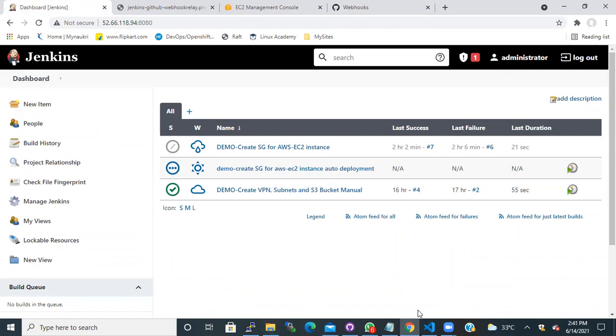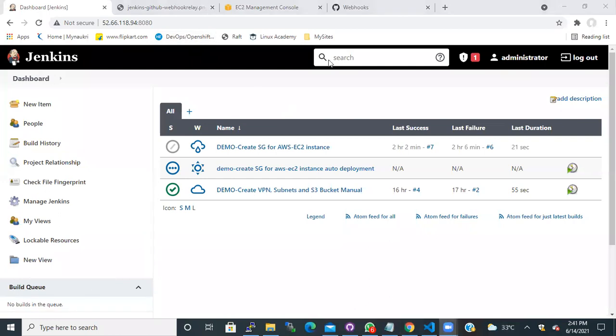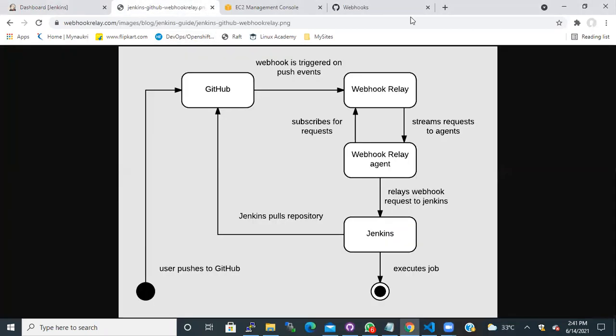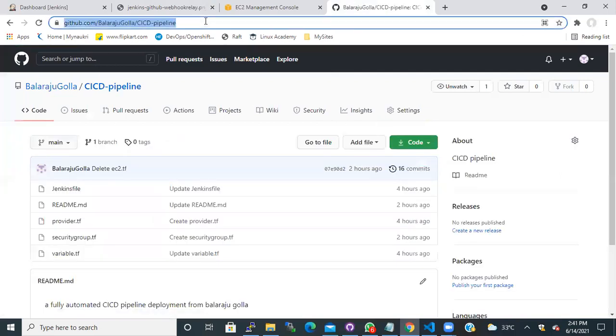Okay. Let me go ahead and clone my Git code. So I'm just trying to clone it now. My code, git clone. And where is it? It is here. Git clone.